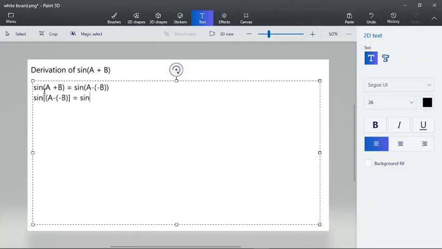We have literally shown this from the previous tutorial. It's equals to sine. Now we're subbing. And we've shown this. We're subbing B with negative B from the previous tutorial. If you don't remember this, go watch the previous tutorial. This is how I wrote it from the previous tutorial. And sine of negative B. Yep. This was proven in the previous tutorial. I won't even write it because you can hear me.